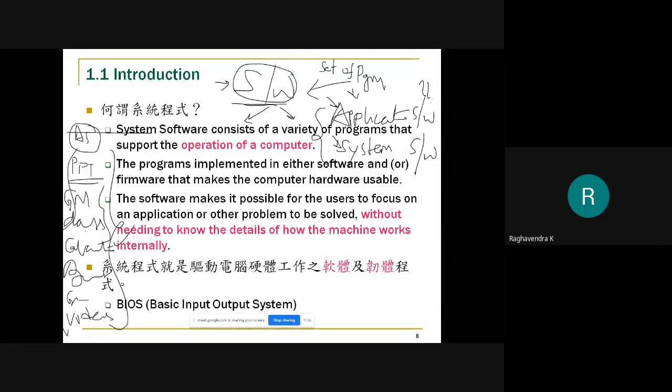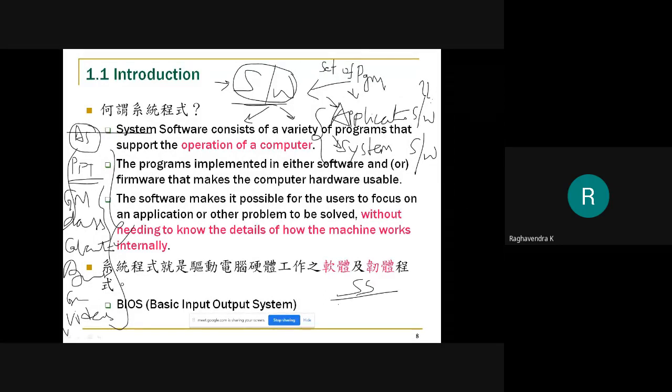So if all of these are application software, then have we used system software or not? That's the next question. Of course we have used system software, because system software actually makes our computer usable. In other words, the application software, whatever we have used, if they are supposed to run on your computer system, then you need the help of system software.